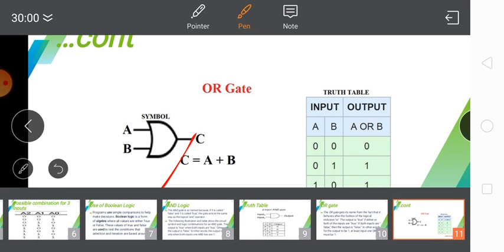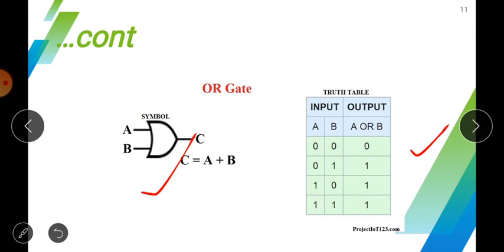And as you can see in the truth table of this, the input combinations are the same as the previous one, because there are only two possible inputs, that is 0 1 0 1 and 0 0 1 1. According to the conditions, when any one of the conditions becomes true, the output will also be true. So you can see 0 0 means 0, both of the conditions are false. This is the only situation when the output is false.